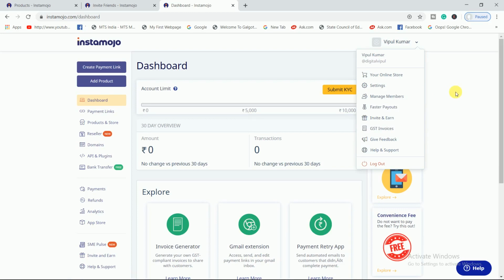Basically I want to tell you that whenever you are creating the ebook, make sure it is of high value and you provide a lot of value in that ebook, so that people refer other people to go to your link and download that ebook. And also what you can do, you can create a landing page and promote your ebook by Facebook ad, Instagram ad, or email marketing. So people will click on that link, come to InstaMojo and buy your product. So you can get a lot of money.